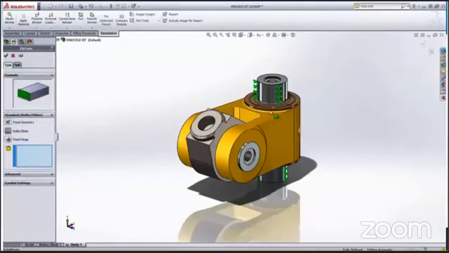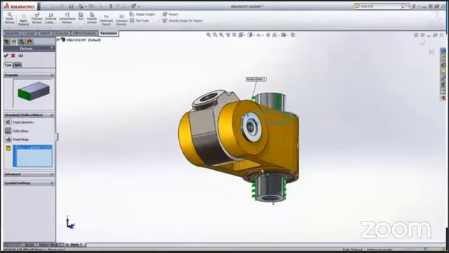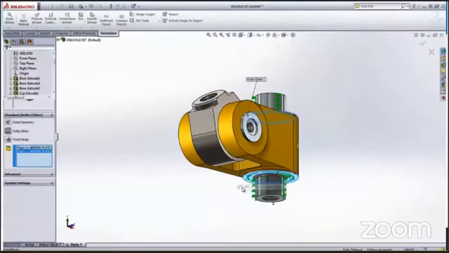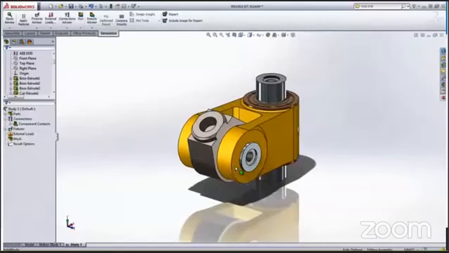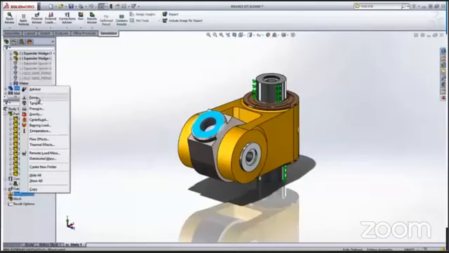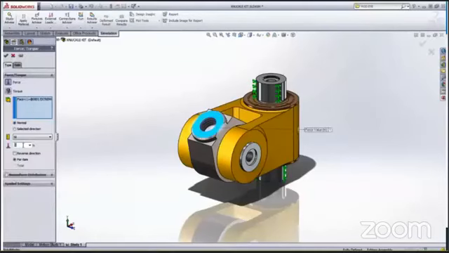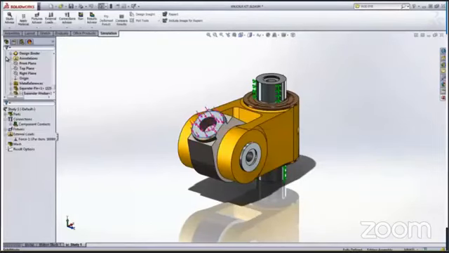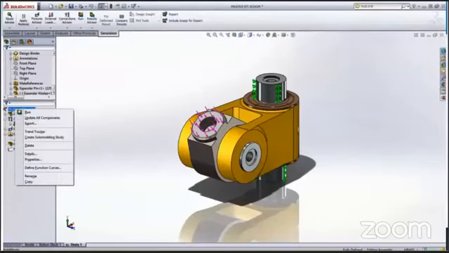Notice that when I animate between these two faces, SolidWorks... let me do it again. I will apply a force, and again run the study.